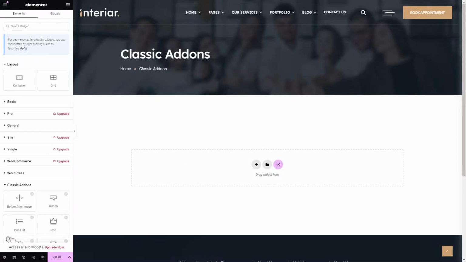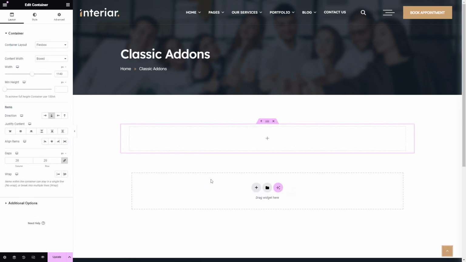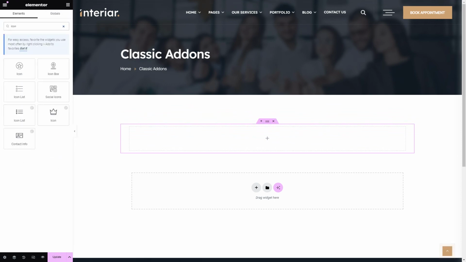Do you want to know how to use the icon list widget of Classic Addon plugin? First open the Elementor editor and click on this plus icon to add a new section, or you can add it in your existing section. Select your preferred layout here, and in the left sidebar click on the widgets and search for the icon list. Simply click on it to add in your section,